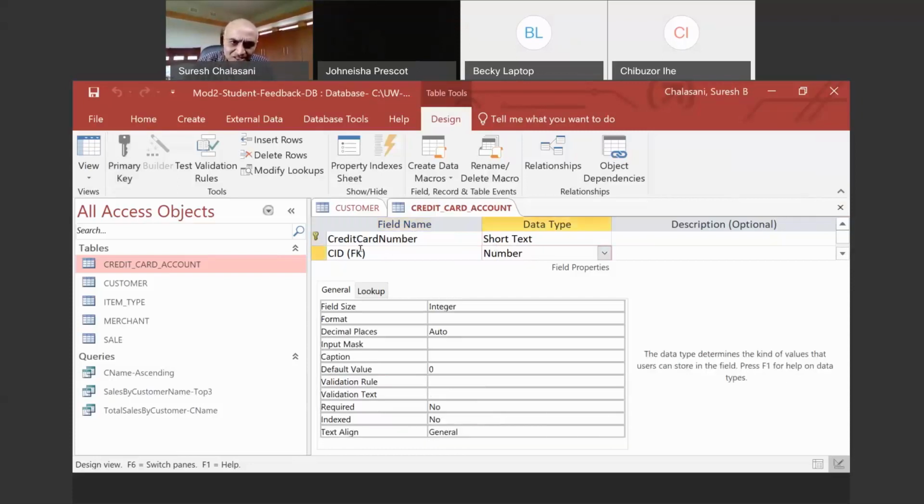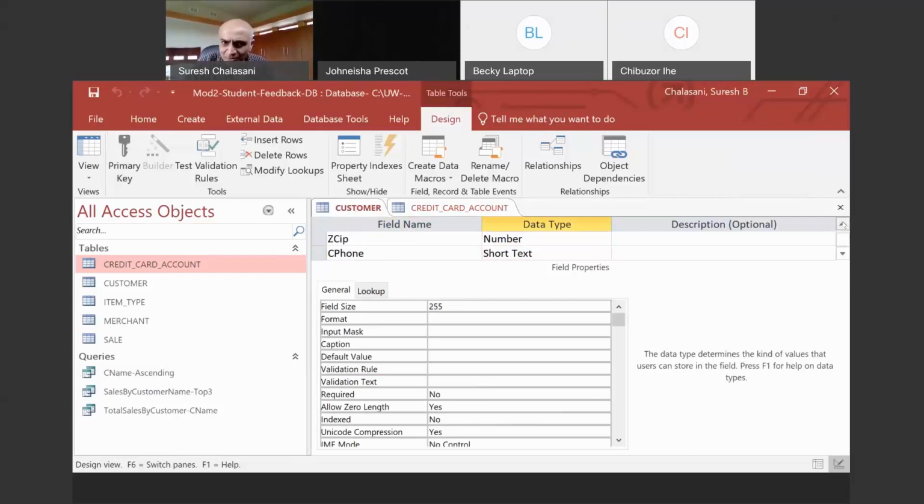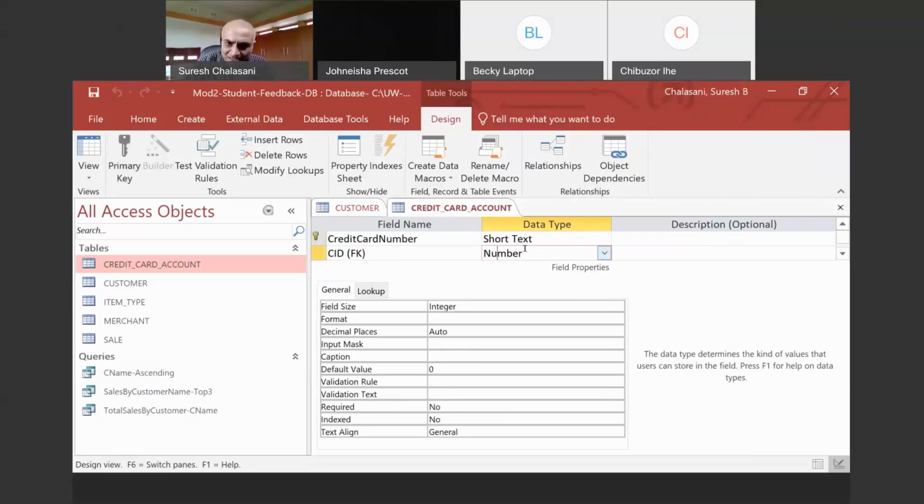Since this CID has to match the customer's CID, it has to be defined exactly the same way as in the customer table. In the customer table, we defined this as a number and integer. And so in the credit card account table, we should also define it as number and integer here.